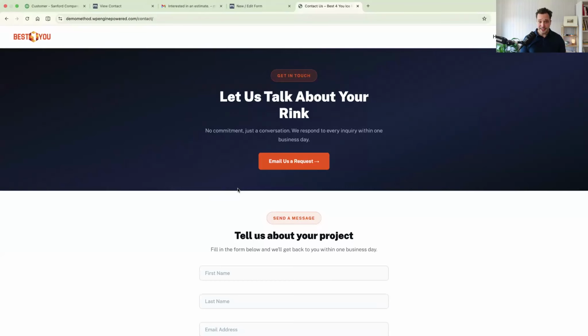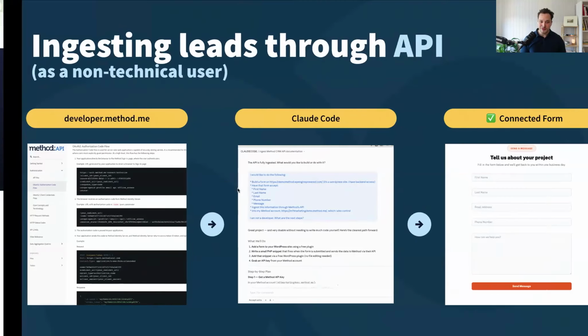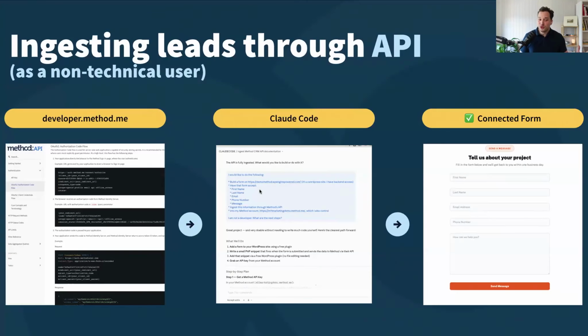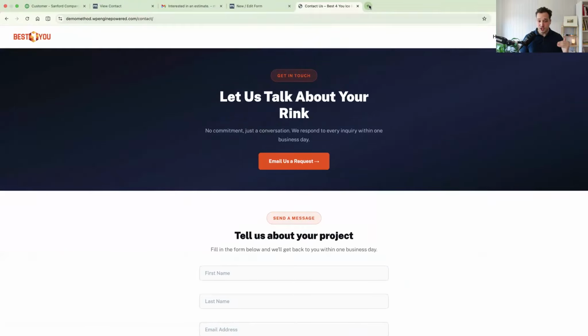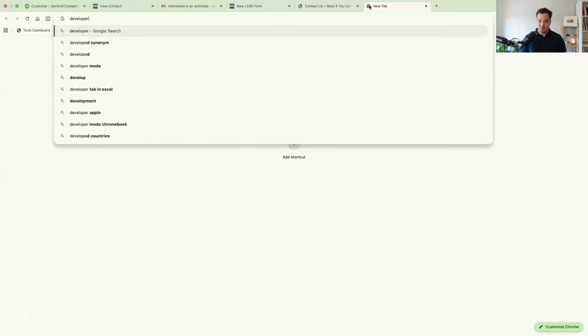So what I did is I relied on one of the new tools out there in the world, an AI tool called Claude. I went to developer.method.me, where you have all of the API documents, and I ingested them into Claude.